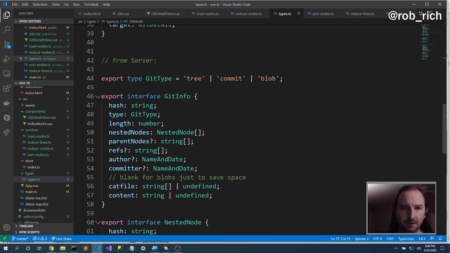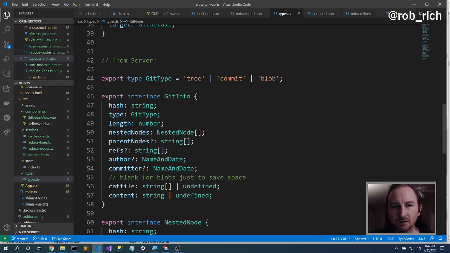It has the full hash, the type, the length, nested nodes. So when a commit includes a tree, or when a tree includes a blob, parent nodes. So this is a child of this other node. Refs, so branches, the author details, the committer details, and I've broken out cat file and content into two different places. Technically they're the same, but one of them is actually just the git cat-file, and the other one is unzipping the content. They're the same, but